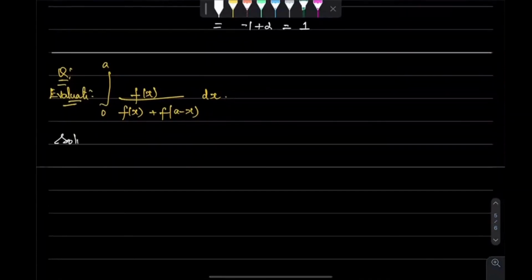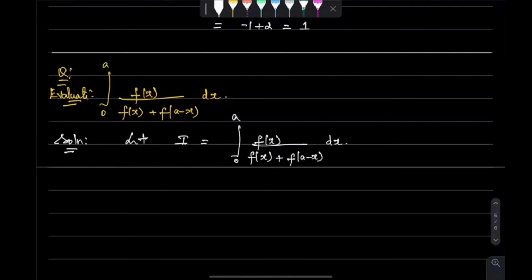Integral 0 to a of f of x. So exactly, you are identifying the limit first, but before starting this problem, you should always take it as let I. Because in this kind of problem, when you start the integral, you do it like this, and since it is 0 to a, I can apply the f of a minus x property, right? Yes, sir. So if I apply the property